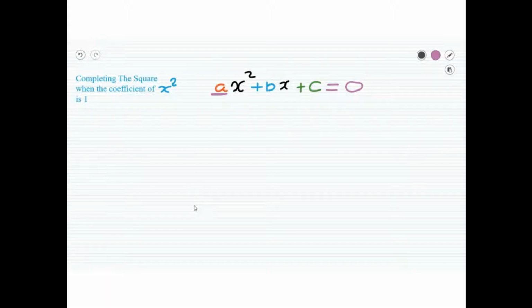Completing the square is a way of expressing a quadratic equation that makes it easy to solve, but also extremely easy to graph, which is important because otherwise it can be a little bit more difficult to grasp what the graph looks like. So quickly, let me just cover the concept of a perfect square in algebra. Whenever we're talking about an algebraic perfect square, what we really are referring to is something like